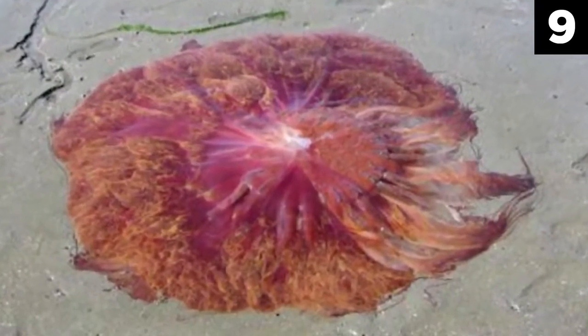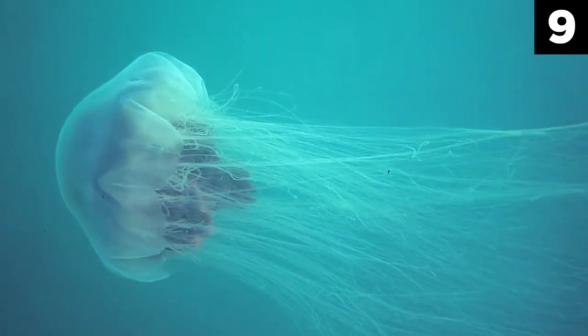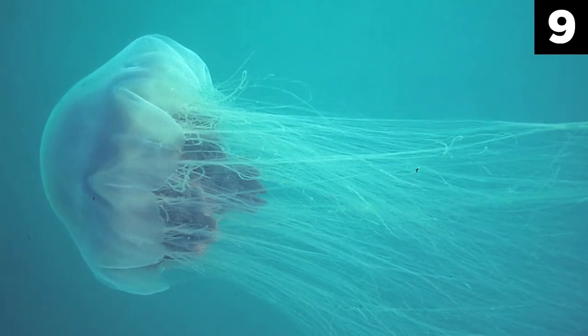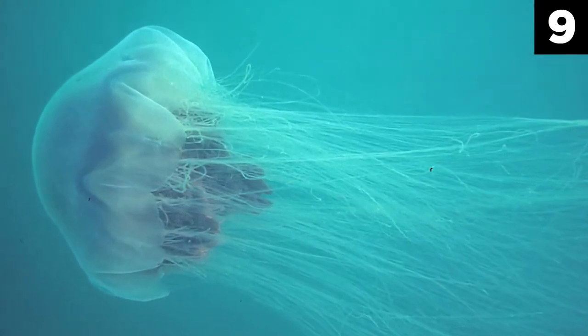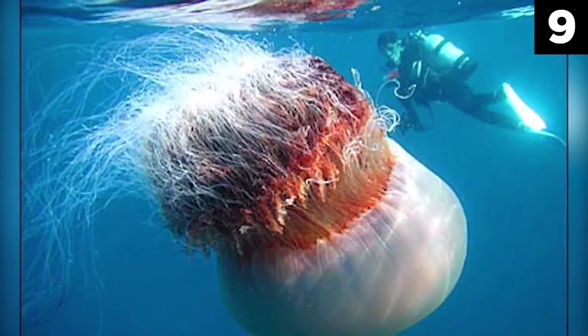Their tentacles are tightly arranged in 8 bunches throughout its body, with over 100 tentacles in each group. That's more than 800 total. These tentacles pack such a severe sting that even once they become separated from the jellyfish, they can still hurt